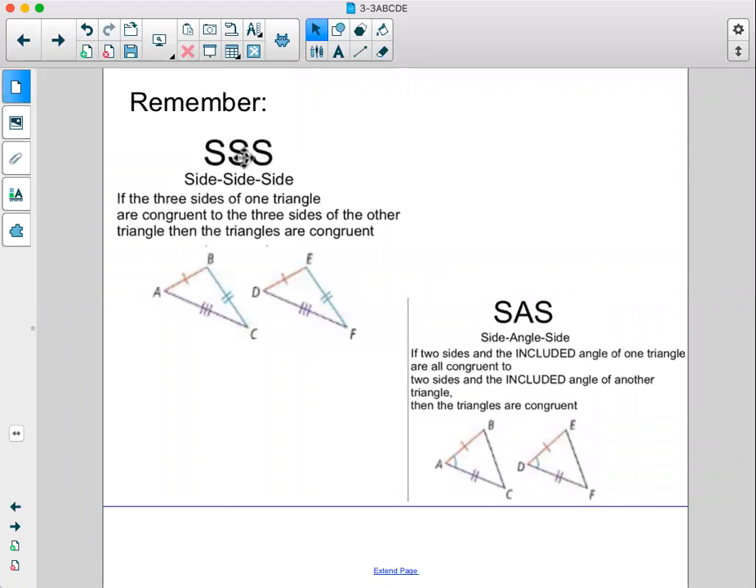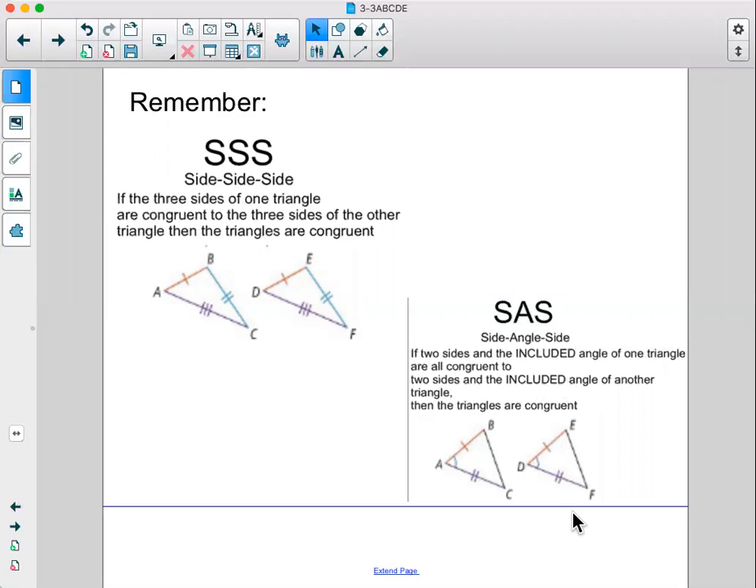We've already studied side, side, side, and side, angle, side. So we know if we have 3 sides in one triangle congruent to 3 sides in another, that's one of our shortcuts to prove triangles are congruent. Or if we have a side and an included angle and a side being the same as the side, included angle and the side in another triangle, that is a second shortcut that if we just know that, we could also prove